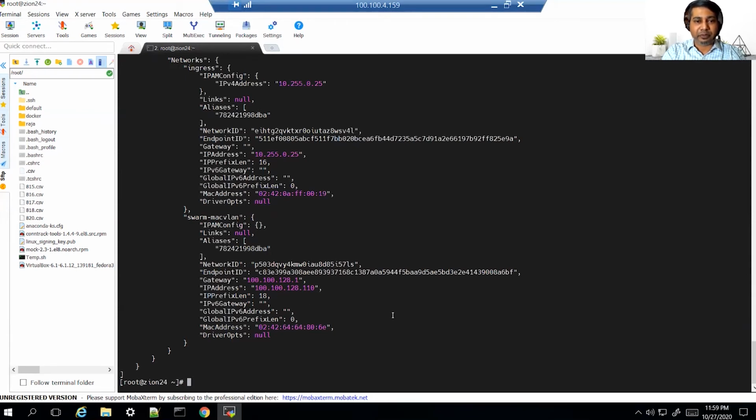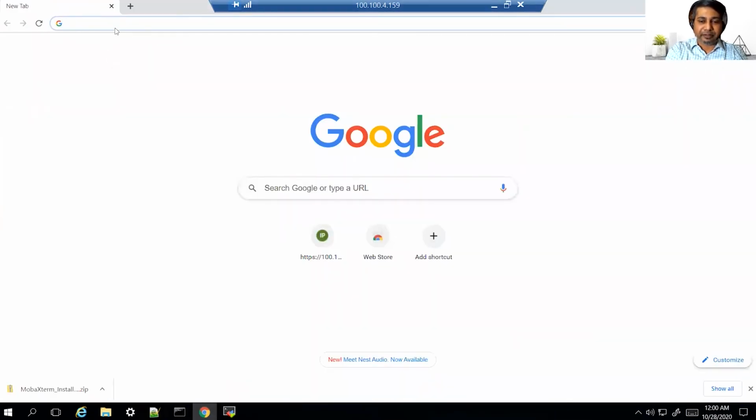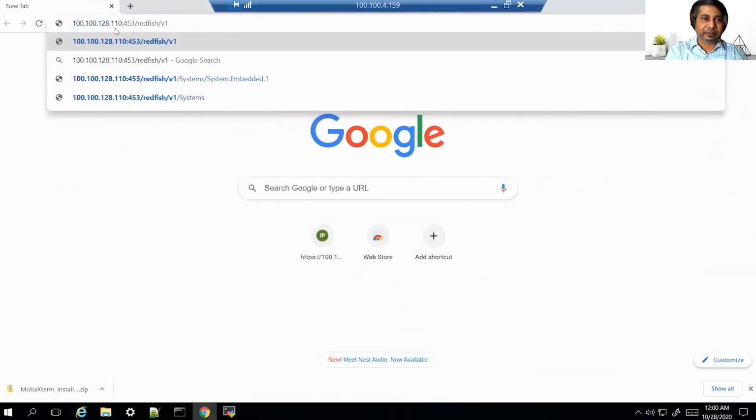If you look at this simulation that we've created, it is hosting both Redfish and WSMan. So what we can do now is look at this particular simulation. Let's try to make a Redfish call. So this is the IP 100.128.110.